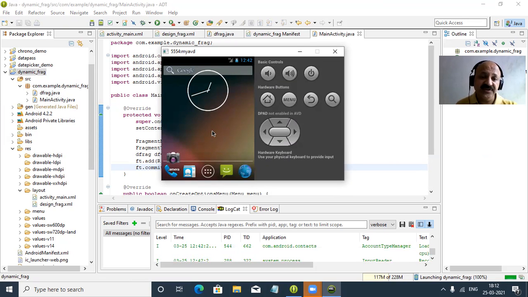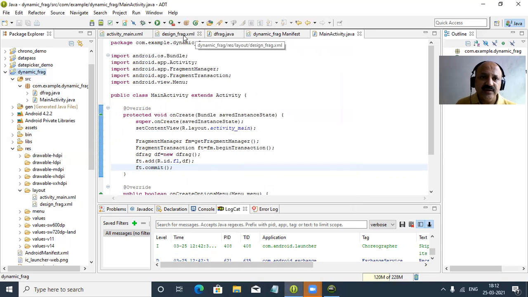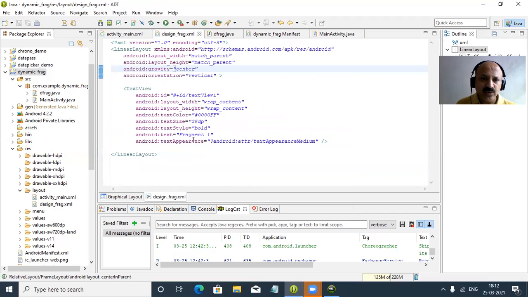And now let us see whether it is in the center of the screen or not, because we have to take it in the fragment, yes, but it did not take. So yes, what to do? Here in our fragment layout, that is a text view, and we can apply gravity to center.